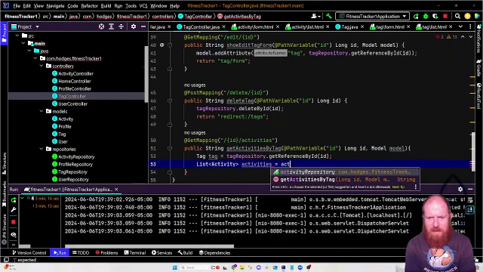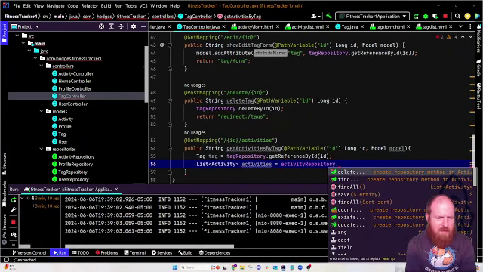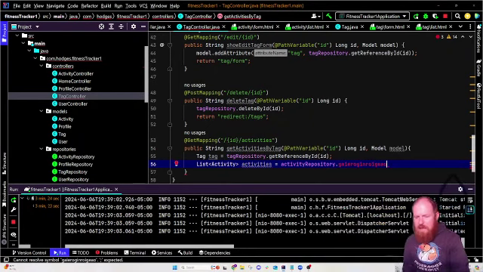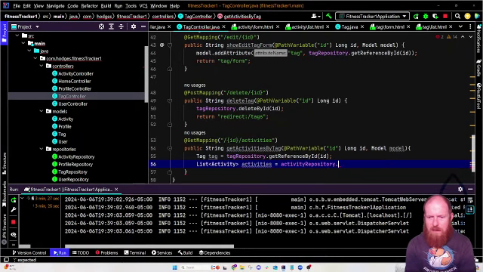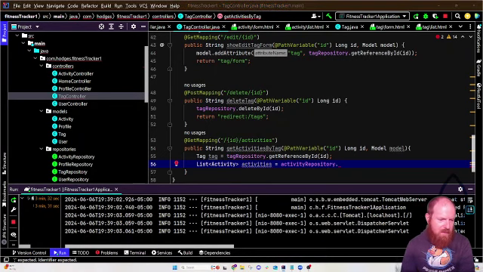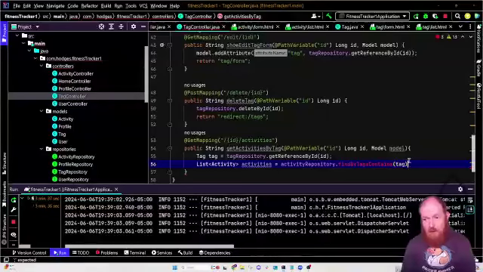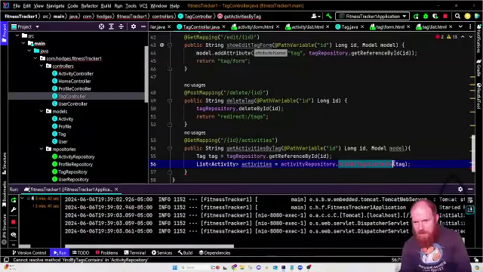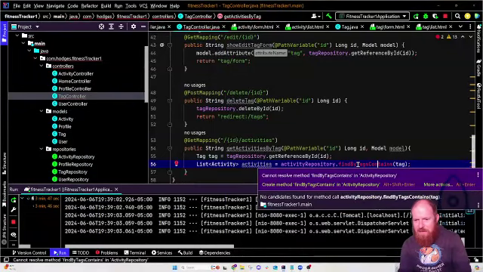And I think I showed this last time, but there's an activity repository, and I need to create some method here that actually goes and gets all of the activities given a tag. Even though I haven't created it yet, it's this findByTagsContains and tags. This does have to be titled exactly like this. This is a Spring JPA